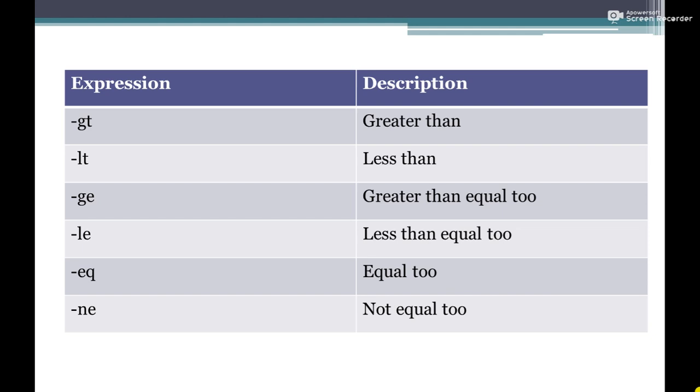So these are the expressions which we are going to use in this control structure. First is -gt for the greater than sign, -lt for less than, -ge, that is greater than or equal to.